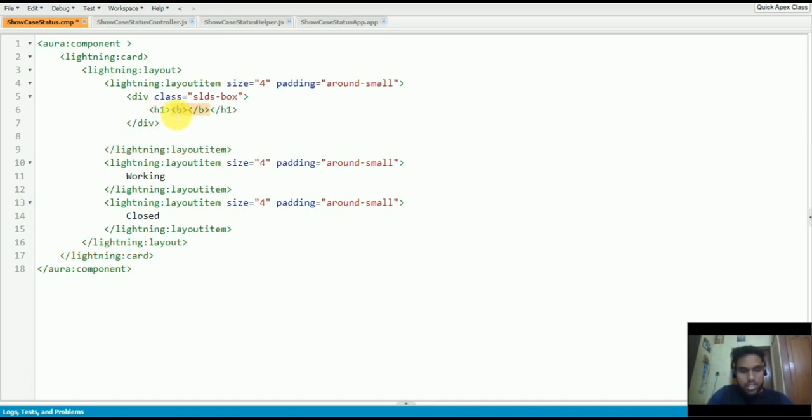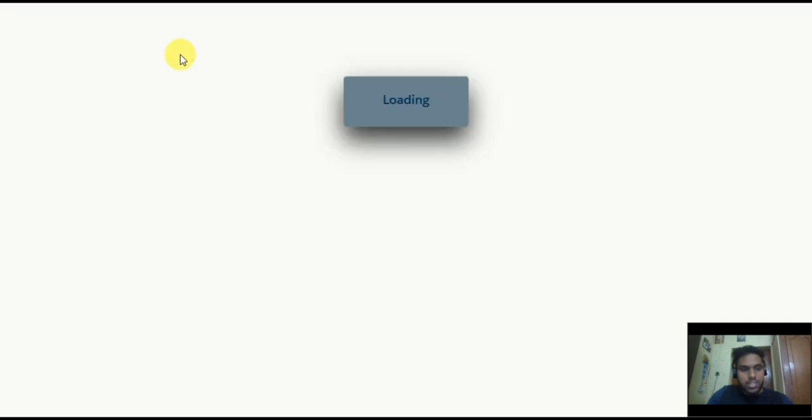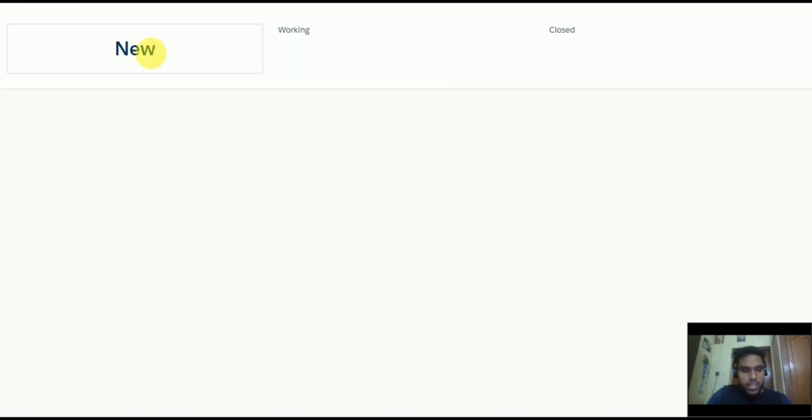And also I'll just add a bold tag. And for h1 I'm going to give some style here. Like font size I'm going to give it as maybe 30 pixel. And text align I'm going to make it as center. Now just go back to your application and just refresh the page and just check for the changes here. And you can see here my text is aligned at the center and my font size also increased.